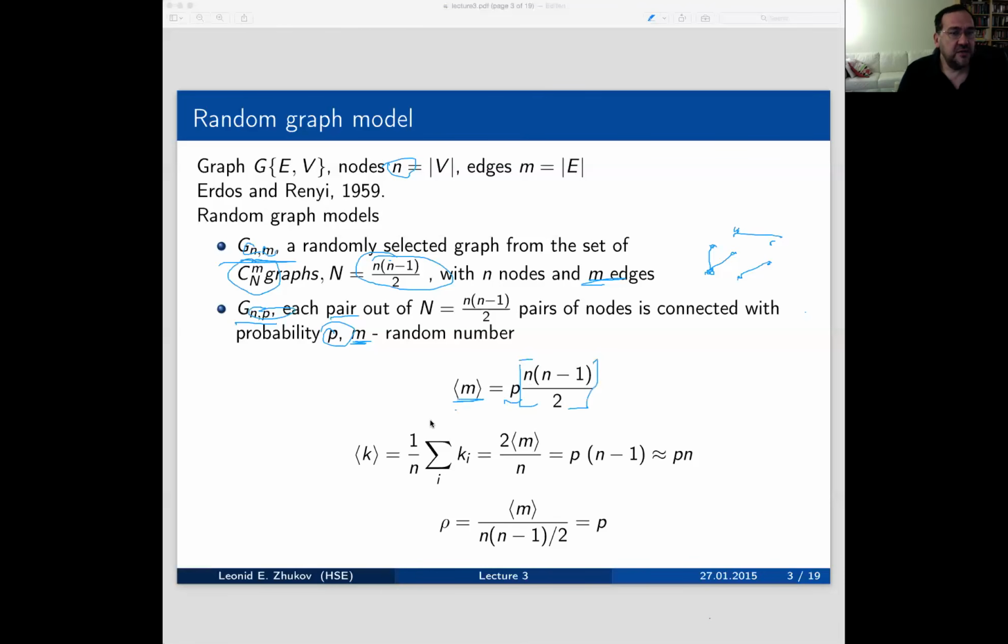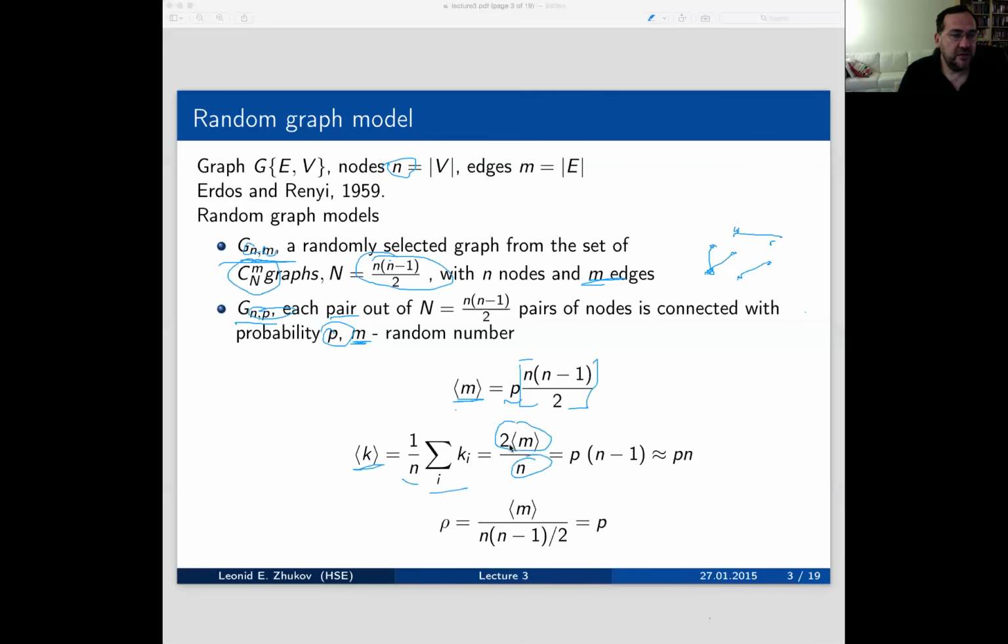You can also calculate, since again we are connecting these edges randomly, the node degrees themselves will also have different values depending on the run, depending on the iterations you do. And so you can also calculate the average for the degree distribution. Well, the average degree is, of course, 1 over n, where n is the number of nodes, sum over all node degrees. And it is equal actually to twice the number of edges divided by the number of nodes.